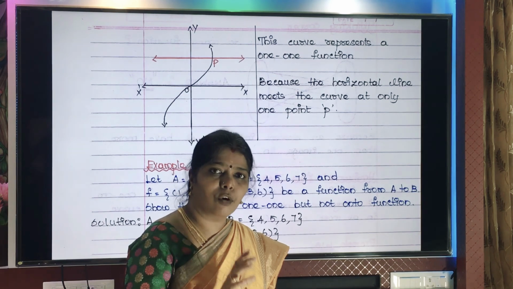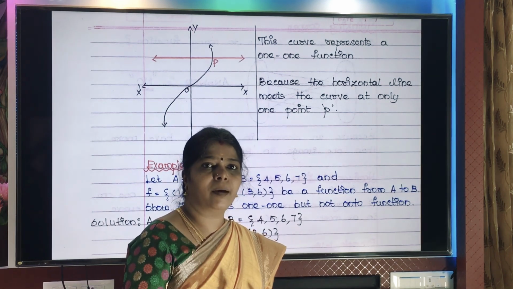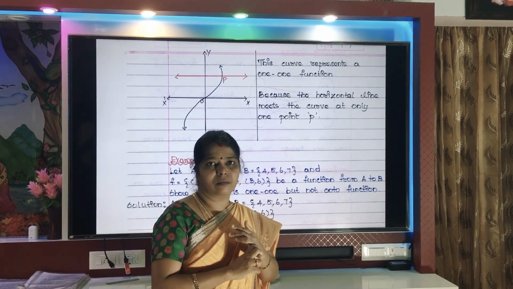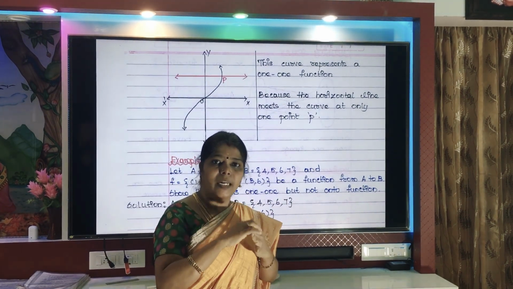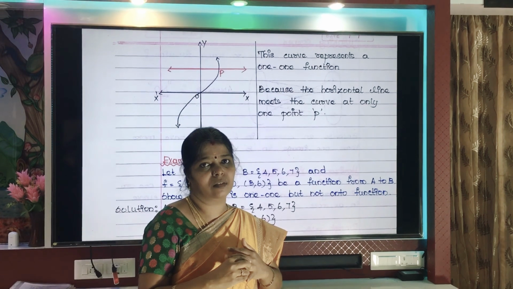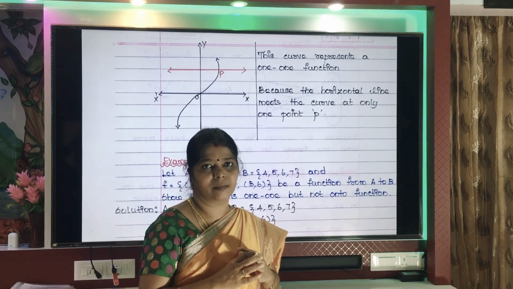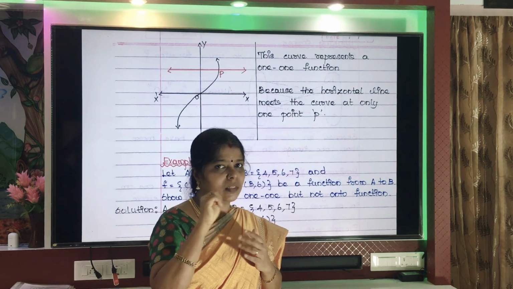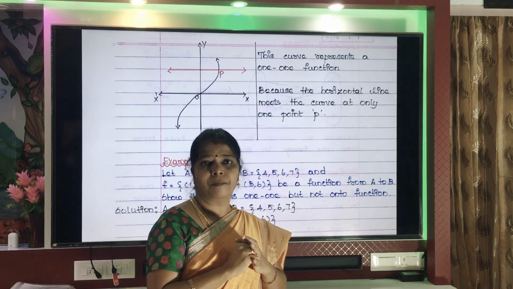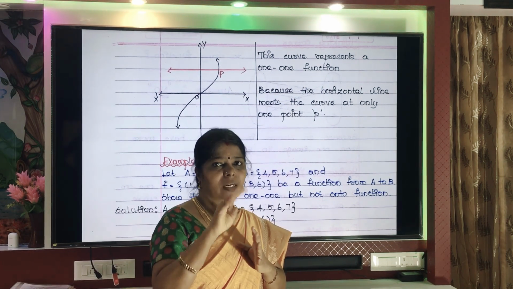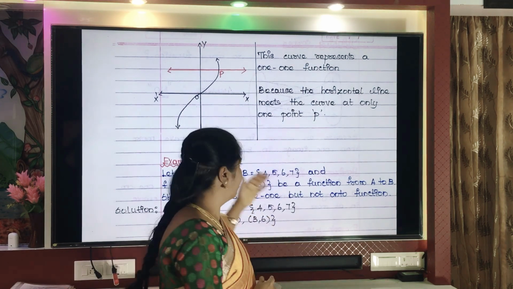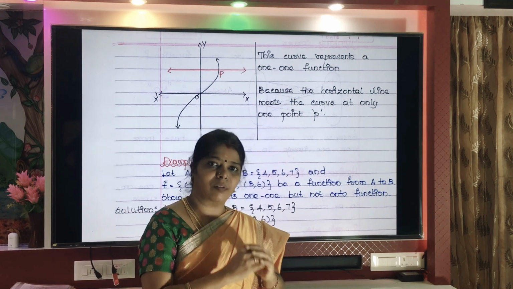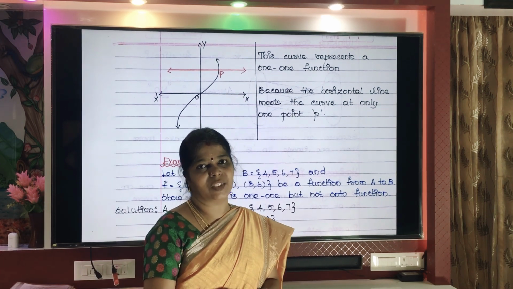So far, what have we seen? How to represent a function, and we have studied the different types of functions. Two topics we have discussed. We can represent a function in 4 ways. Similarly, we saw 4 types of function. The rest of the examples related to exercise 1.4 we will see in the next session, part 2.